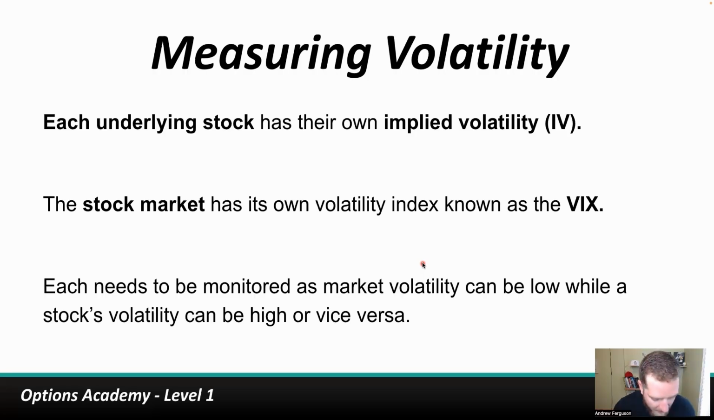So how do you find volatility for the market overall and for each individual stock to understand where it's at and how it is tracked? Well, each stock has their own implied volatility, or IV, which I'm going to show you on the next slide. And the stock market also has its own volatility index known as the VIX. And each should be monitored from day to day or week to week to understand where the market is in volatility cycles, while it can be low, neutral, or high, and how a stock's volatility can also change or vice